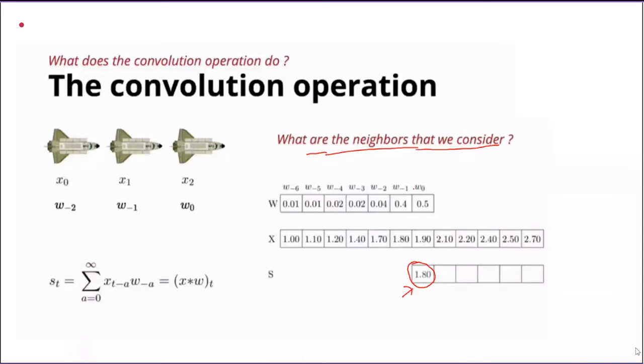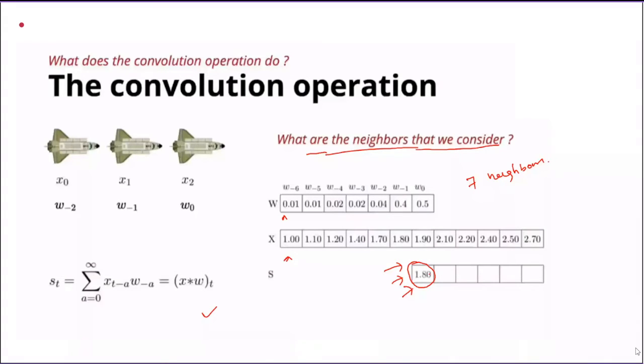So with the help of these 7 neighbors, we are extracting the features to a single pixel. This is done with the help of this formula. Here, this weight is multiplied with the pixel value of these neighboring 7 pixels, and then we get these features. This is what we call convolution, and this is happening in a one-dimensional array.